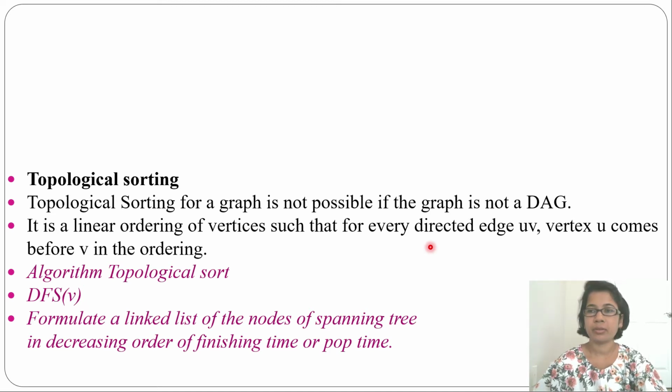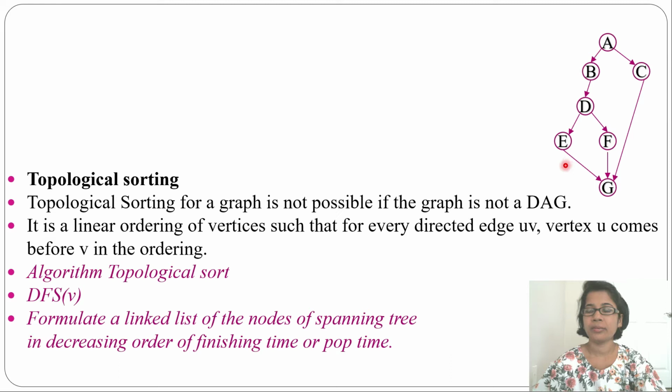So let me go through a graph. This is a graph. I will do topological sort on that. You can see as many DFS as there are, that many topological sorts. Like here, there are two branches. From A, either you can visit B or you can visit C. Two adjacent are there, so there will be two DFS, and here also from D you can go either to E or F. So there will be two DFS. In total there are four branches, so four topological sorts will be there.